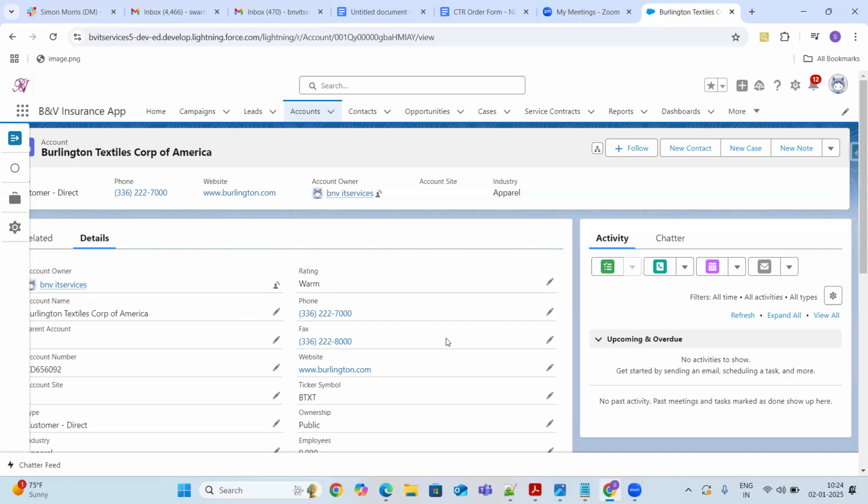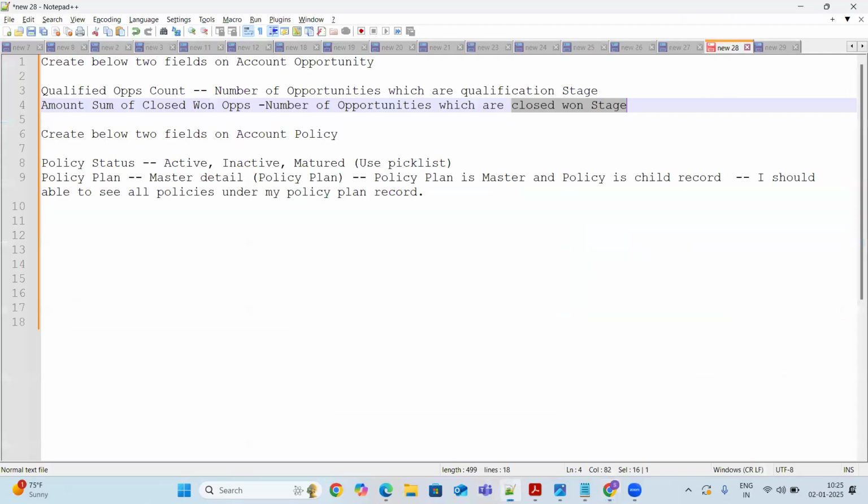one-to-ones. For one to many, we always have to use lookup and master detail; there is no other way for one to many. The best examples are accounts and opportunities, accounts and contacts. One account can contain multiple cases. All the one to many examples we can tell them. And the next relationship is many to many.